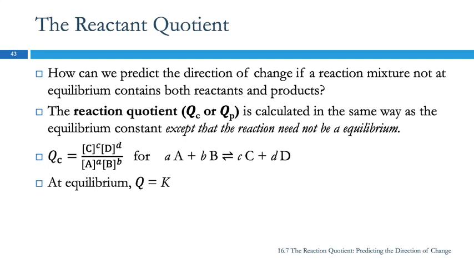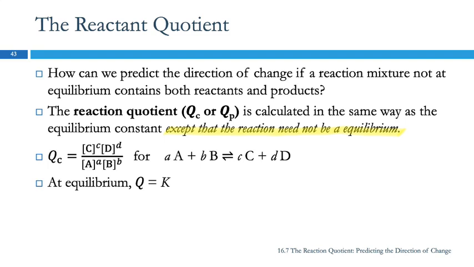KP or KC, is calculated in the same way as the equilibrium constant. So in a way, they are the same thing. The difference is that the quotient is calculated when it's not at equilibrium. So the reaction doesn't have to be at equilibrium. So we're going to calculate this reaction quotient using the current concentrations. And then comparing Q and K will tell us, is this reaction going to go in the forward direction or